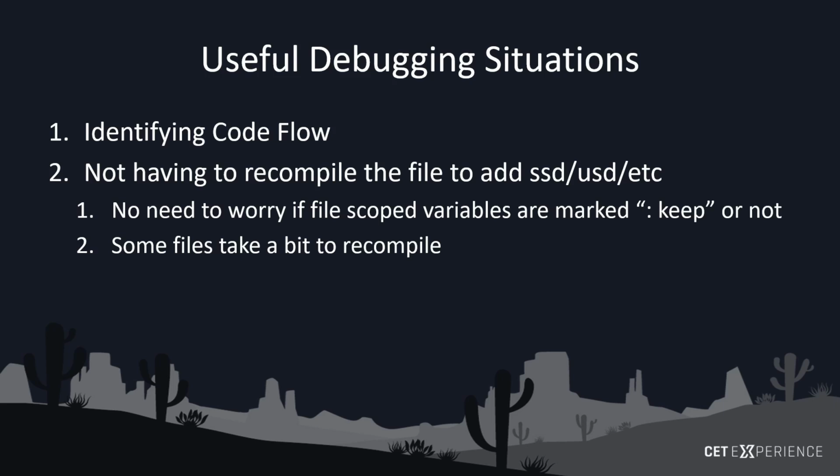Another great case for this, I think, is not having to recompile your files just to put in some debug information. So a lot of the times you're like, okay, I know that the code is getting here, but I don't know how it's getting here. So the first thing we do is put a new line at the top of that method, add a print line, something like that, to check to see if the code is reaching that point and how it got there. Well, now with this, you can do that same thing. You just drop a breakpoint at the beginning of that method, and then once it hits that, you can inspect